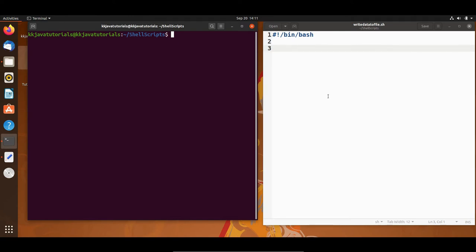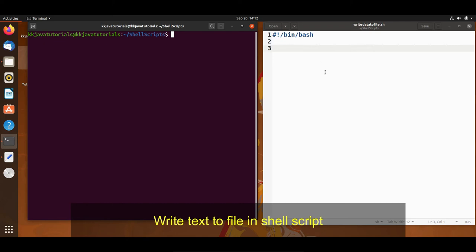And if the file exists, then we have to check whether we have write permission or not. If we have write permission, then we'll go ahead and tell the user to enter whatever data the user wants to write into the file. After that, we will instruct the user to press Ctrl D to exit from the command. So we will use the cat command for that. And if the user doesn't have write permission, then we'll inform the user that they do not have write permission on this file, something like that.